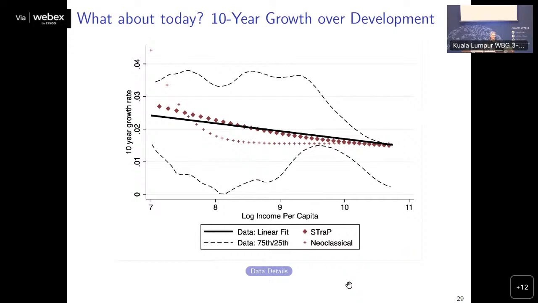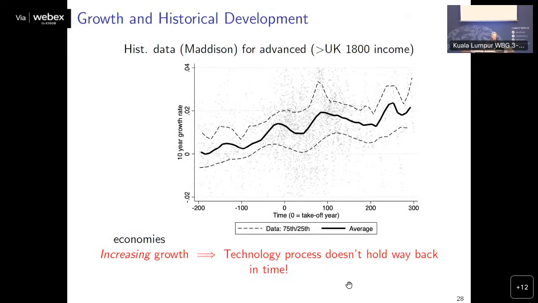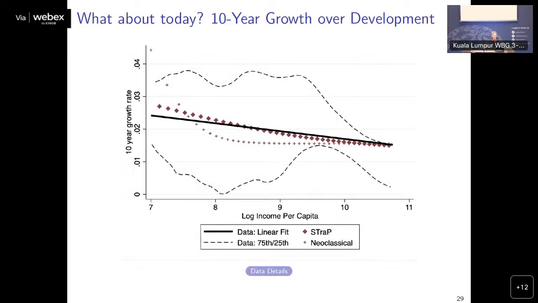and I plot. These pictures were made before Paco made this picture, which I like, with the cloud of data that's just faint. But I didn't want it to be so messy, so I just got rid of the data. I just put this 25th and 50th bound. And this is a linear fit to that. And here is the model that does the strap, the medium-term dynamics. And you see that the medium-term dynamics show a Baumol's disease, a slowdown in growth. That's not too far away from what we see in the data, the black line to the diamonds.